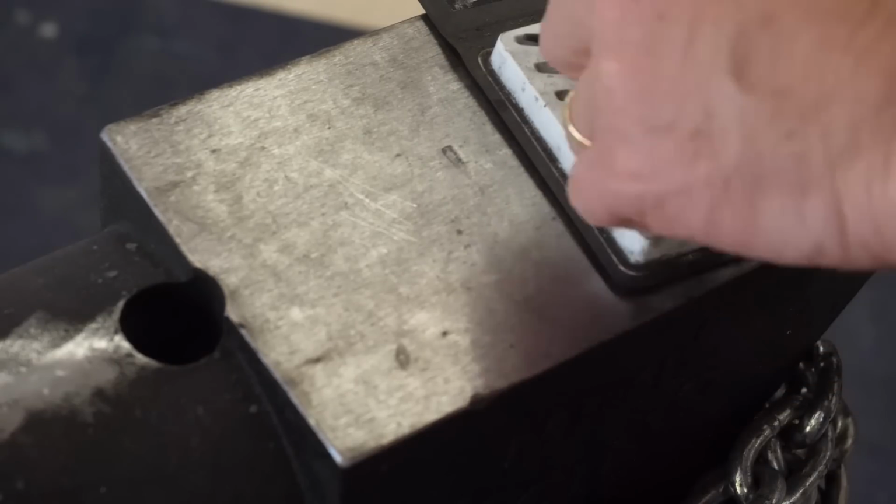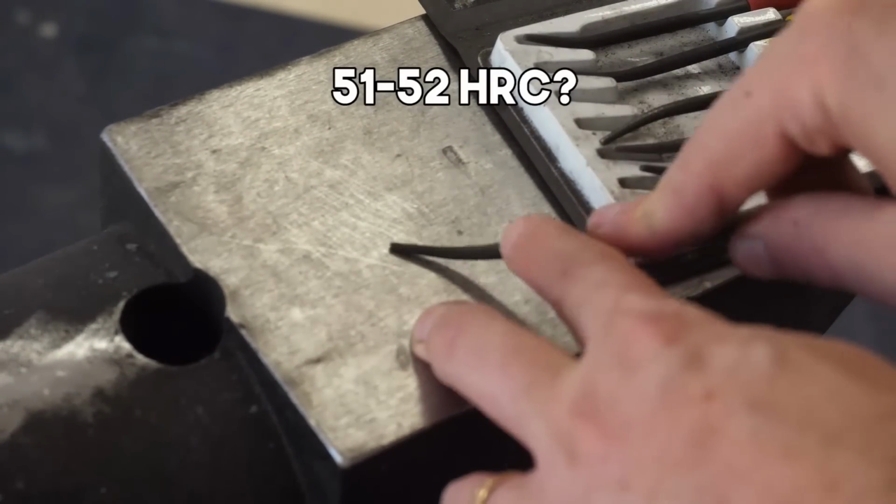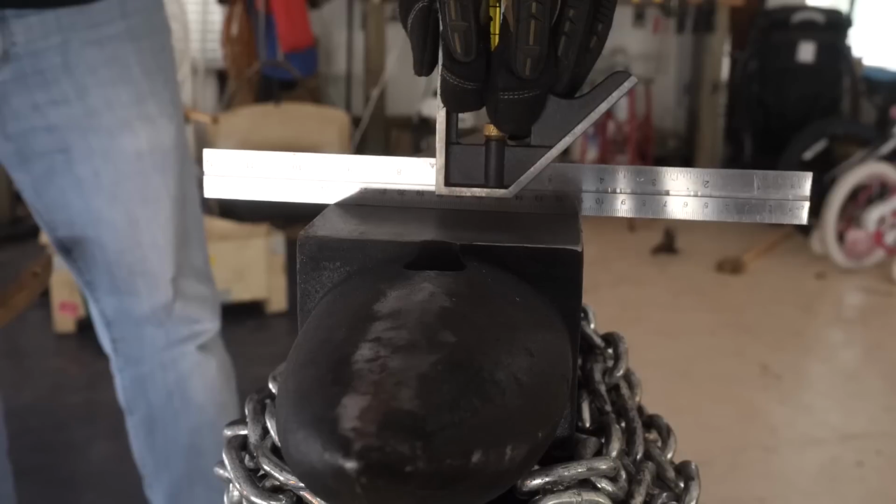Checking hardness. All I have is these HRC files. The 55 file digs in very convincingly, and the 50 mostly skates. I think this is sort of in the low 50s. Advertised at 55, so...